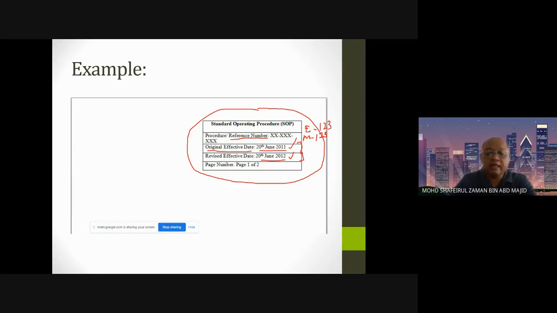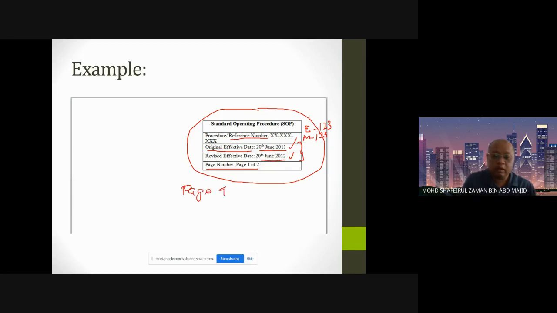Next we are going to have a look at the page number. Page 1 of 2. This is very important, because this is the most common mistake made by your seniors before this. Why? When it comes to the second page, they forgot to change the information. The only information in the box that should be changed is the page number. Let's say you are required to write an SOP of 5 to 7 pages. So your first page is going to be page 1,